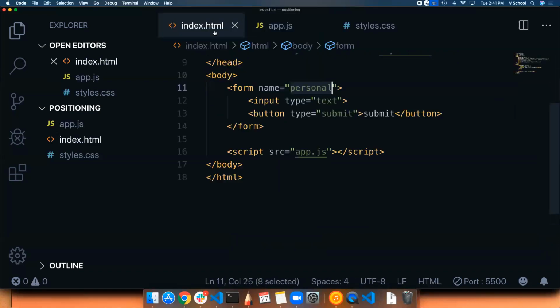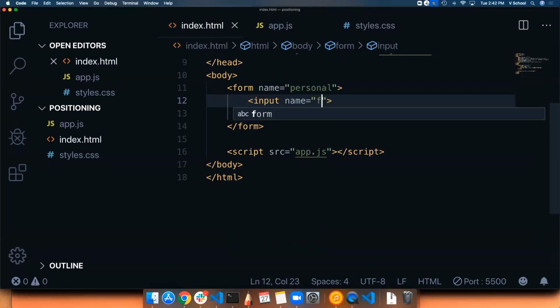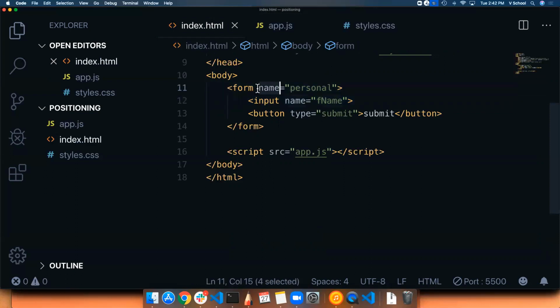Now, if we want to get data from this input, we can also give it a name. Name equals, let's call this one fname. And any input that is inside of a form just gets tacked on to the form, like the form was tacked onto the document. And that's only once we name it. So instead of giving these guys IDs to get at them, we can just name them, and then we can say